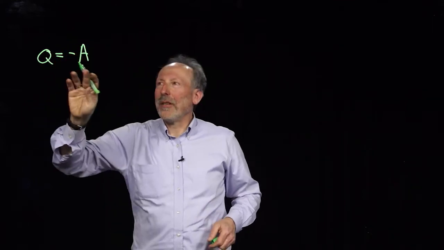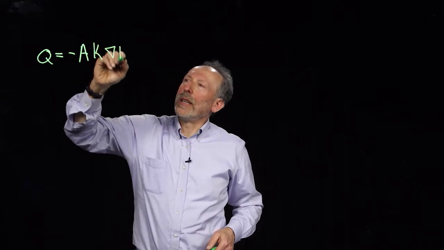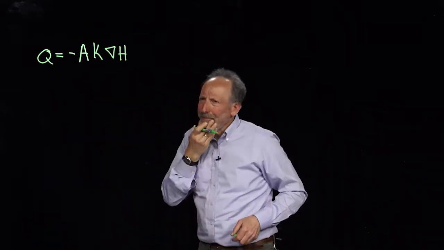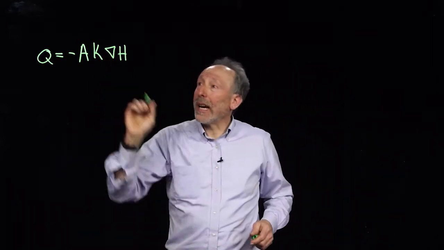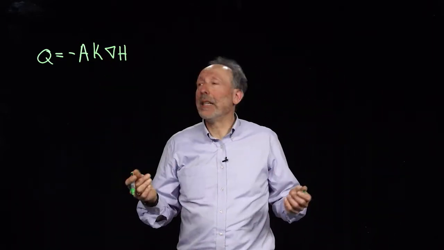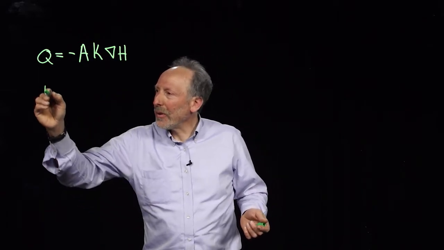So we have Darcy's law, which is saying that the flux is equal to the negative of the area through which water is flowing times the conductivity times the gradient in total potential. Now, we've then said we need to characterize this hydraulic conductivity as a function of the moisture content of the system, for example. And so we drew these graphs